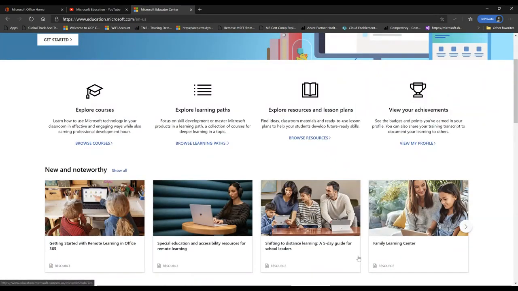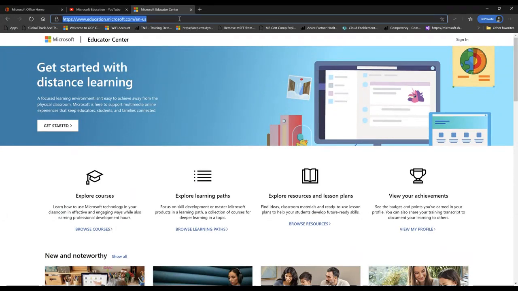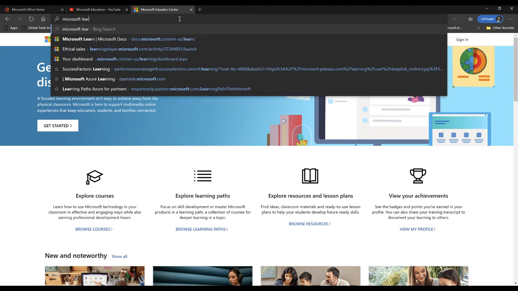There are learning paths and so these are the options you have. I think since I'm sharing my screen, I will take you through the best resource available for you to learn